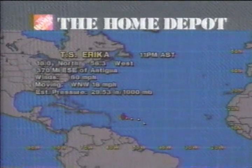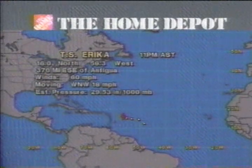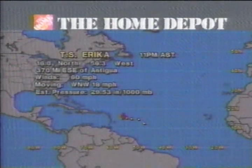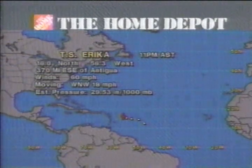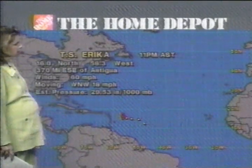With a look at the forecast then for Friday. Time now to take a look at the very latest with Tropical Storm Erika, and it is now centered at 16.0 north, 56.3 west as of 11 o'clock Atlantic Standard Time, 370 miles east-southeast of Antigua, winds of 60 miles per hour. It is moving to the west-northwest at 18, so the west-northwest movement continues,